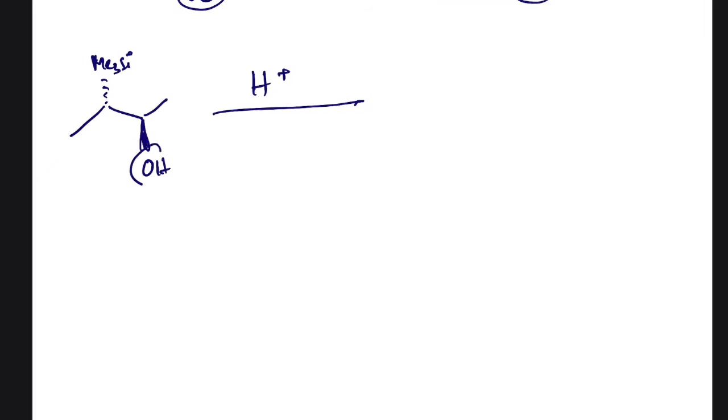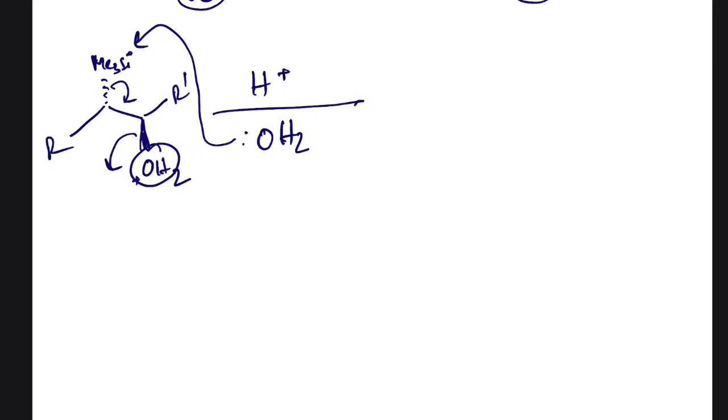But in case of acidic medium, if we draw the molecule again, in the presence of acidic medium, first of all, this OH gets protonated and a water molecule attacks the silicon over there, and it follows the E2 elimination process and gives this type of trans product.